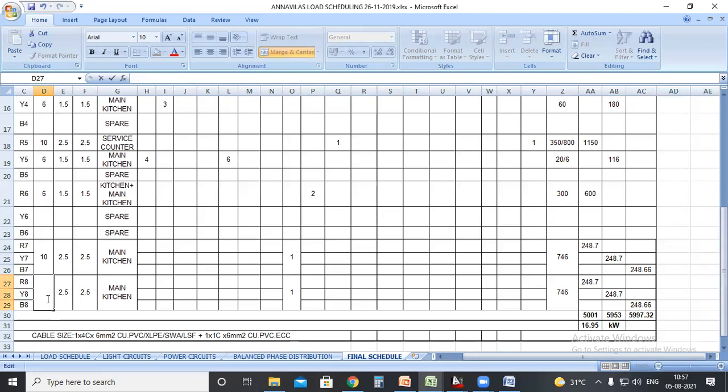For example, the 6,000 watts oven would require a 25 ampere breaker. That will be different after calculating, but I'm just assuming 25 would be enough, and the wire size shall be 4 or 6 mm square copper wire. The earth wire also would be copper. So here R8, Y8, and B8 are taken together since it is a three-phase load. Is that clear? Here also we have to split the load. If it is 6,000, the load will be like this.